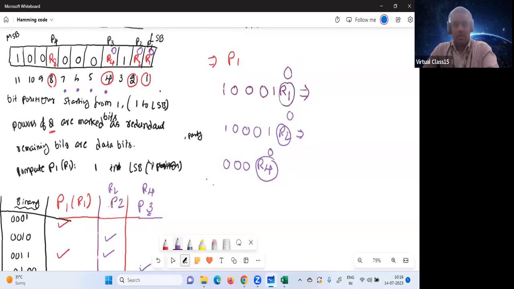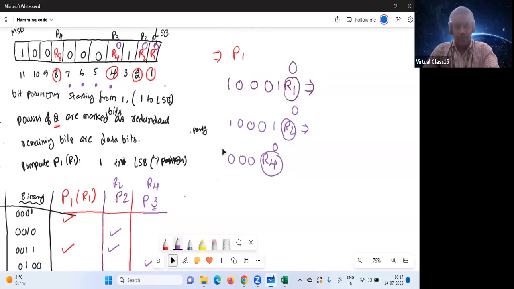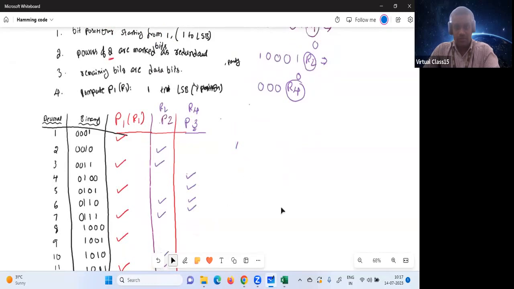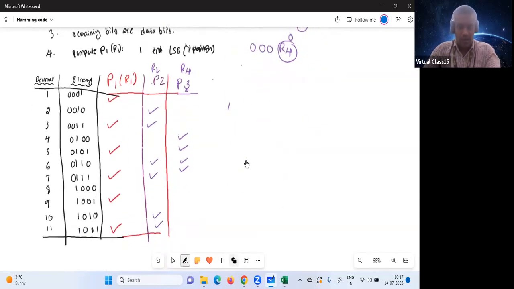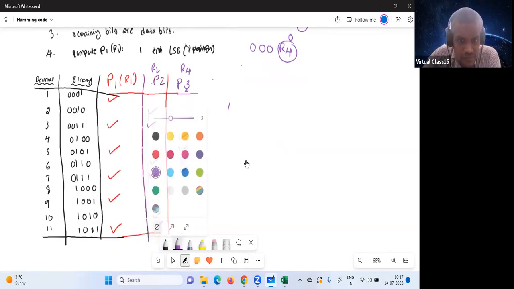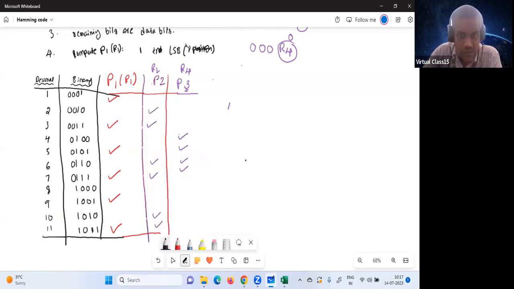Now we have to compute one more parity bit, that is P4. I hope now you have understood the rules. Now if you want to compute the P4,